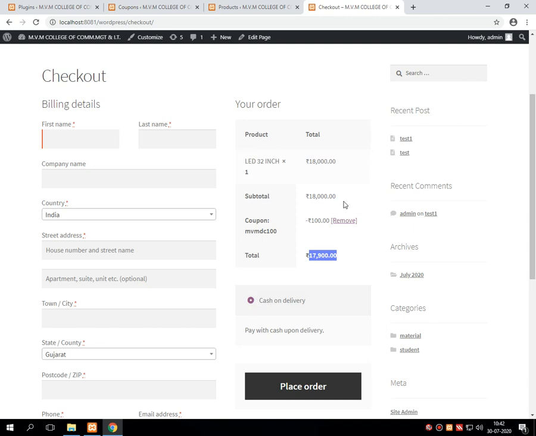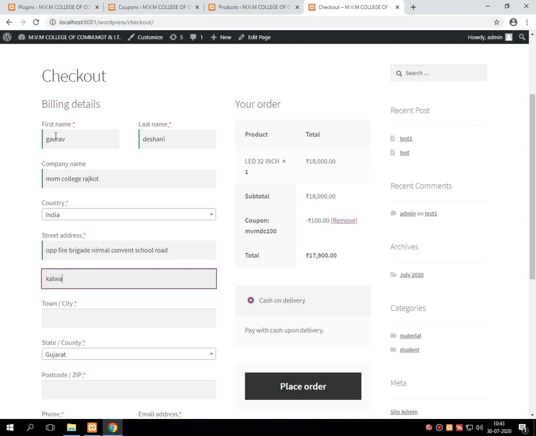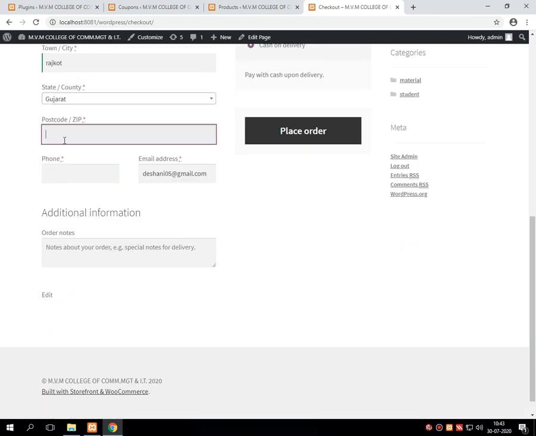Now, once you have seen all these things and the buyer feels that everything is okay, then that person will enter the billing details of him or herself, that is the first name, last name, company name, country, then the detailed address, then the city, then the state, which comes by default because we set up that particular state at the time of store installation.